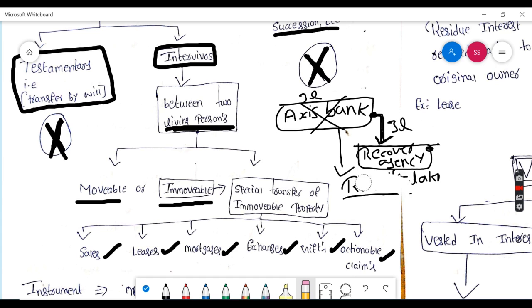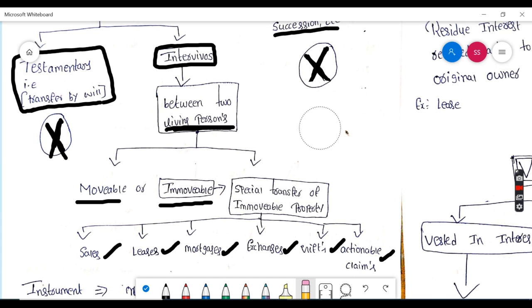Alright, and one more example is a lottery. Even if you win a lottery and they are not paying the money, you can go to the court and claim the money. That is also an actionable claim. So all of these will be covered under the Transfer of Property Act. Now,